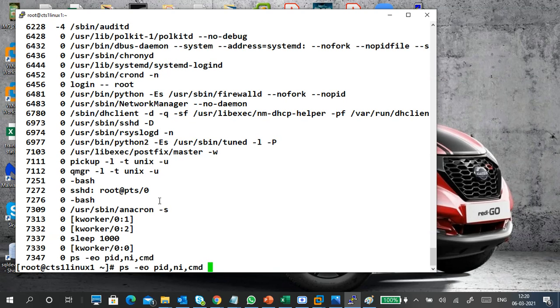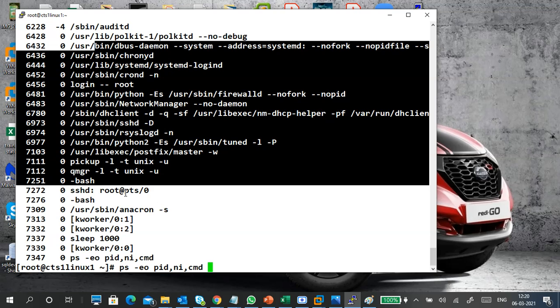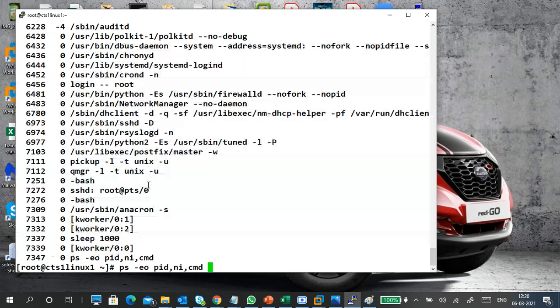In my output I want to see only one single process. This is the command, and this is my output. In this output I want only one single line. Understand? I want only one single line which contains sleep. So now I make it more straightforward. So in this output I want to see only a single line which contains sleep. So what will you add to this one? Understand the question,